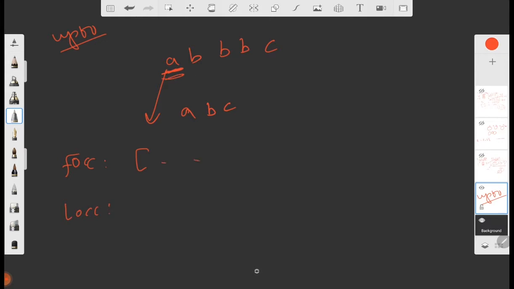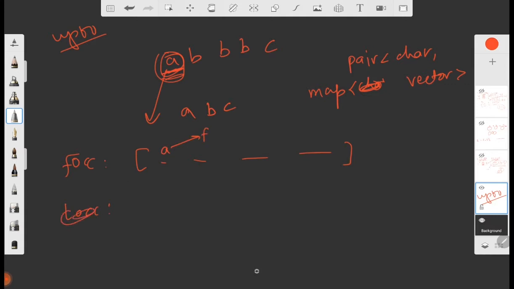Or you can make a map from a character to a vector, with the first occurrence and last occurrence of every character.